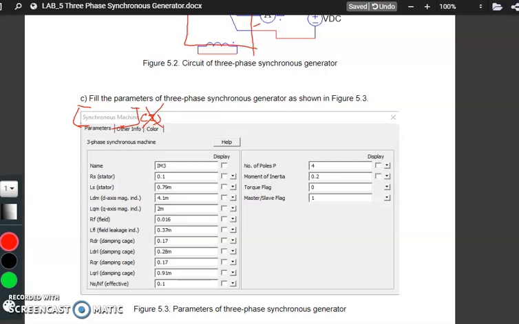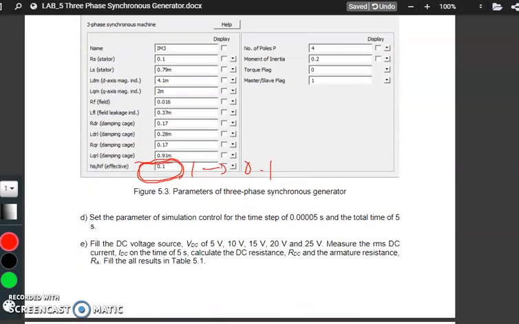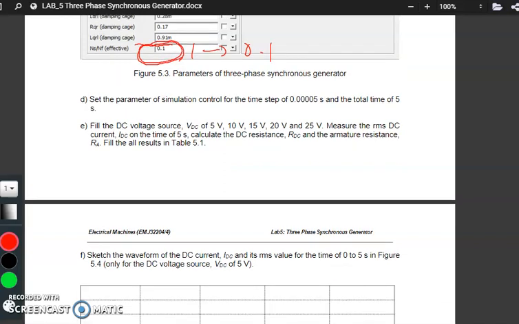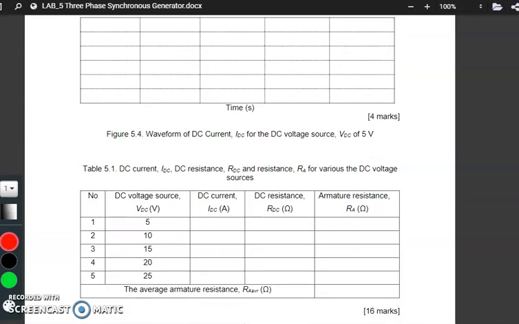So the parameters you have to confirm: the default values should not be changed, and only this part you have to change from 1 to 0.1, NS over NF effective values here. The other parameters remain as they are. Okay. Simulate for 5 seconds of time. Then you fill in